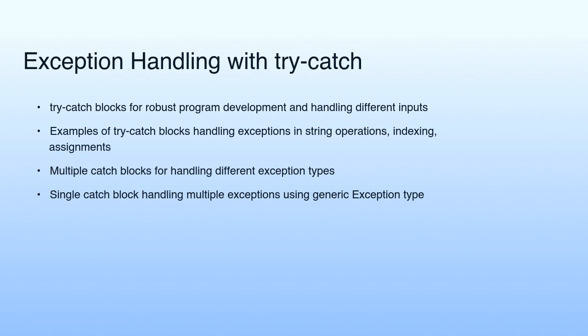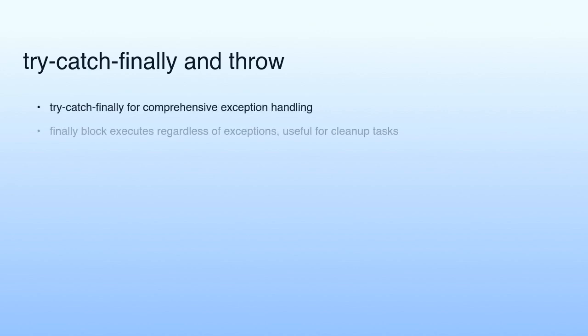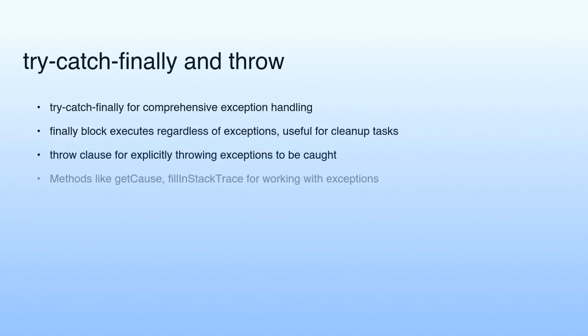multiple catch blocks handling different exception types, or a single catch block handling multiple exceptions using the generic exception type. For comprehensive exception handling, try-catch finally blocks are employed, with the finally block executing regardless of exceptions. Useful for cleanup tasks, and the throw clause explicitly throwing exceptions to be caught, with methods like getCause and fill-in